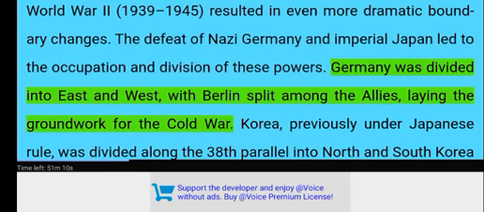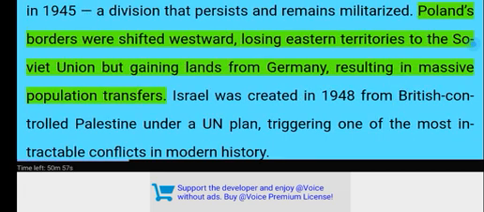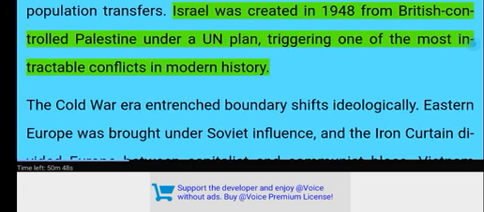Germany was divided into East and West, with Berlin split among the Allies, laying the groundwork for the Cold War. Korea, previously under Japanese rule, was divided along the 38th parallel into North and South Korea in 1945, a division that persists and remains militarized. Poland's borders were shifted westward, losing eastern territories to the Soviet Union but gaining lands from Germany, resulting in massive population transfers. Israel was created in 1948 from British-controlled Palestine under a UN plan, triggering one of the most intractable